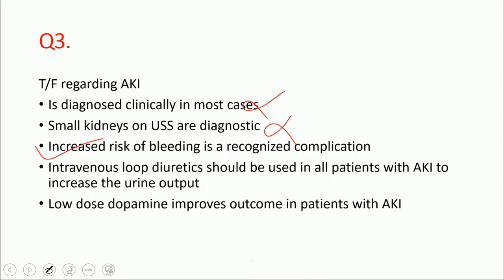Now, of course, the other common things, we talked about these in detail, the complications like pulmonary edema, right? Like hyperkalemia, metabolic acidosis, because of the high urea levels, sometimes they come with encephalopathy, seizures, right? So these are all complications,